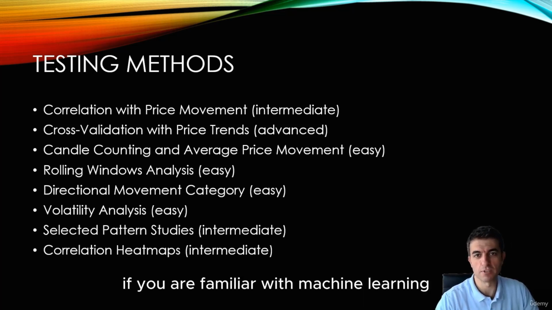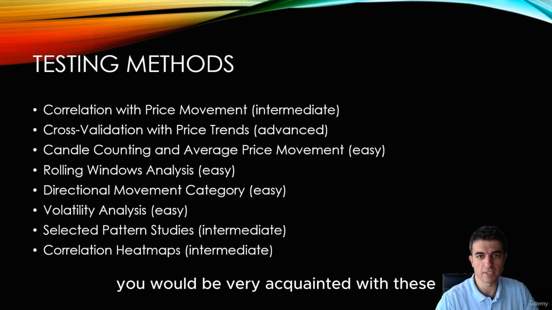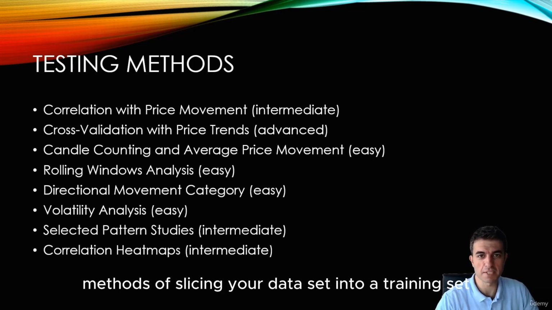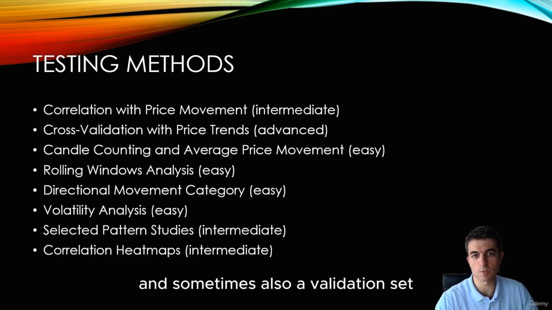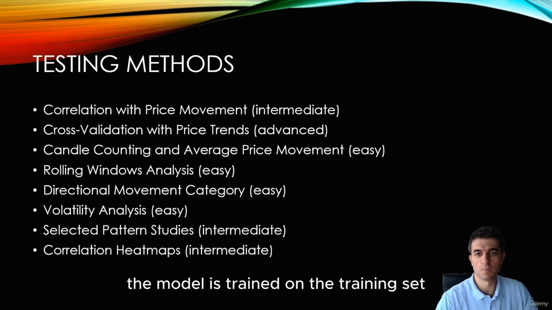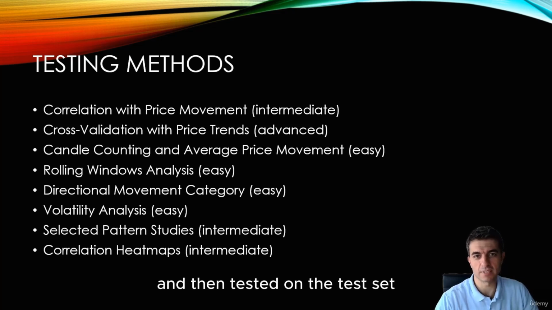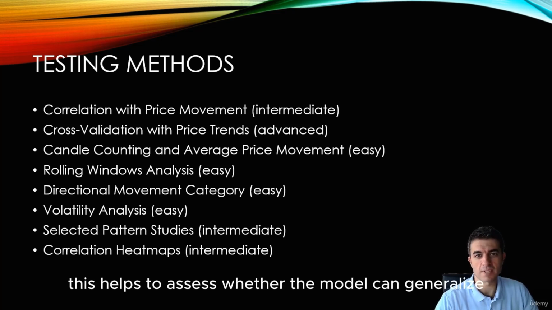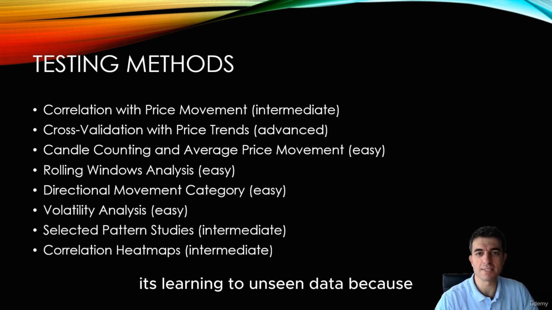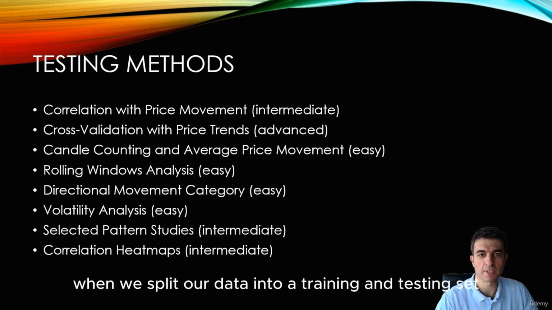If you are familiar with machine learning, you would be very acquainted with these methods of slicing your data set into a training set and a test set, and sometimes also a validation set. The model is trained on the training set and then tested on the test set. This helps to assess whether the model can generalize its learning to unseen data, because when we split our data